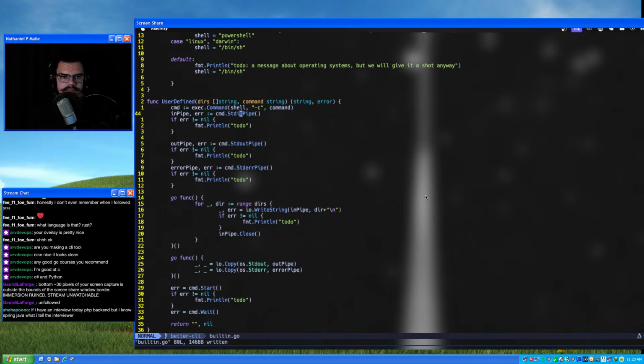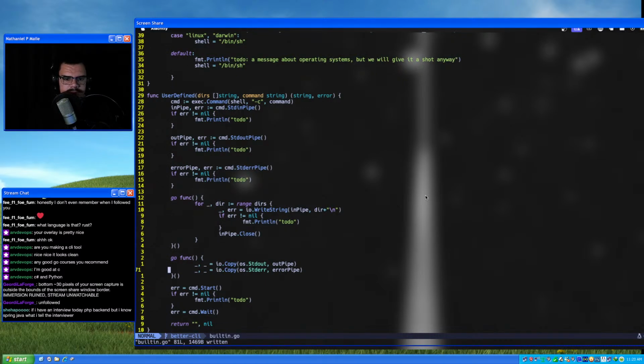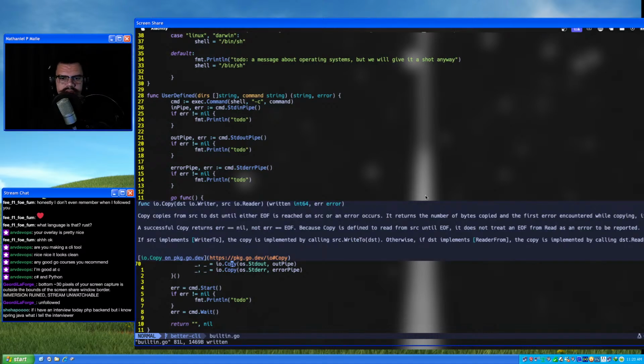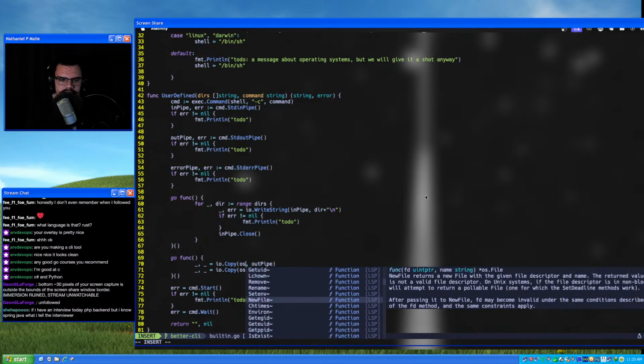So we have all that going. The only other thing is we need to return what came from the out pipe. So we'll return. So instead of copying standard out, we will do this into a buffer.